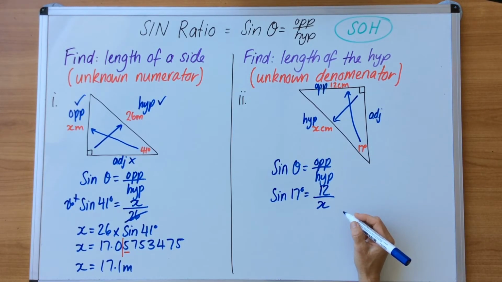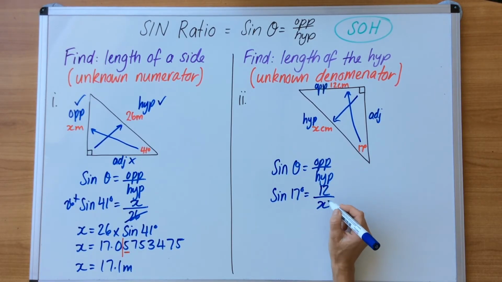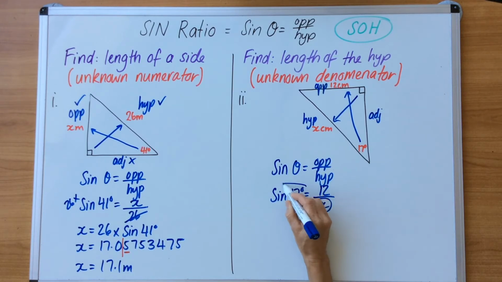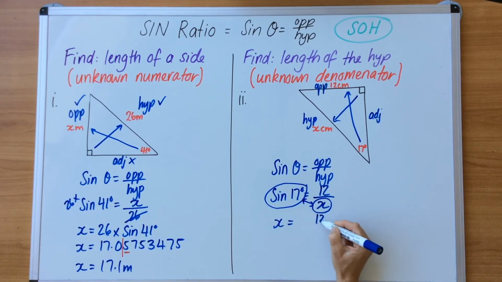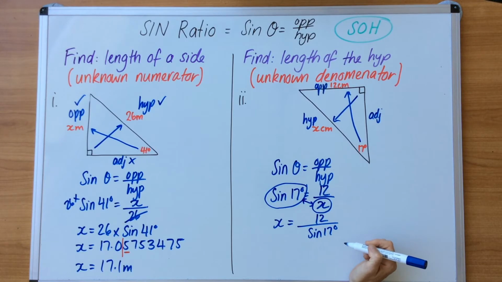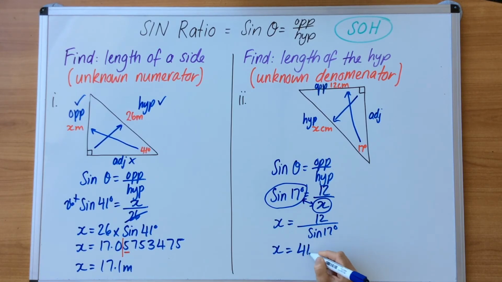Now we have to do a bit of swapping around here. So swap the sine with the x. So circle the x, circle sine 17. Draw my arrows to indicate I'm going to swap them around, and now we rewrite. 12 stays on the top, and the sine 17 degrees goes on the bottom. And now we read down and we calculate like this. 12 divided by sine 17 equals, and we get a big number,